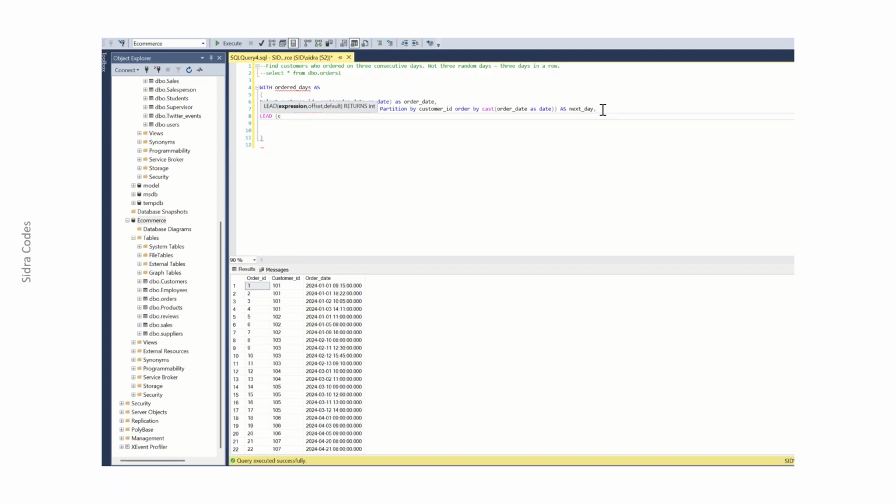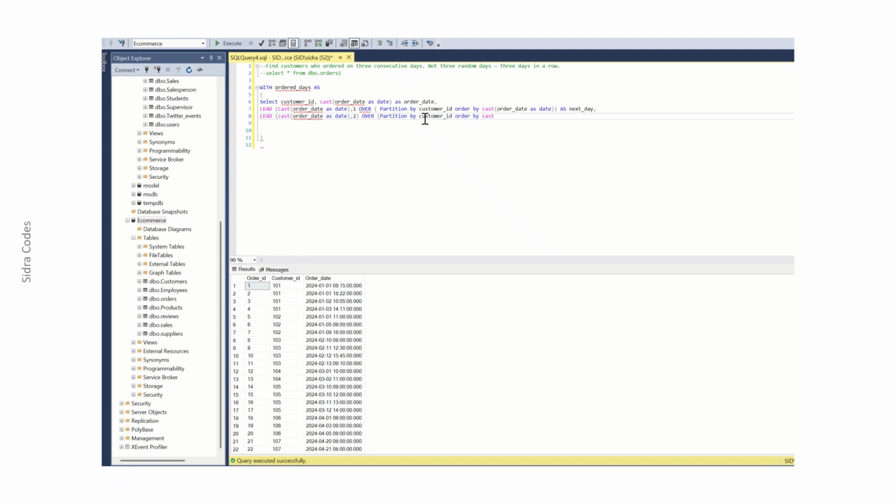Okay, and this time we're gonna do cast order date as date, comma 2. So you see we are doing consecutive. So 1 after that, we want to do 2. We want to see consecutive 3 days, right? So 1, 2, close the parentheses, over, partition by, you're literally gonna write the same as you wrote above, customer ID, order by